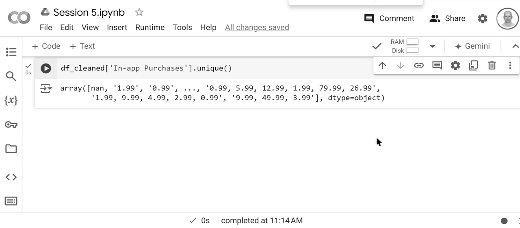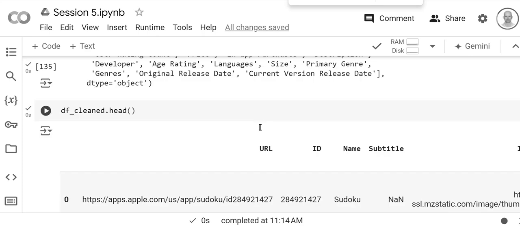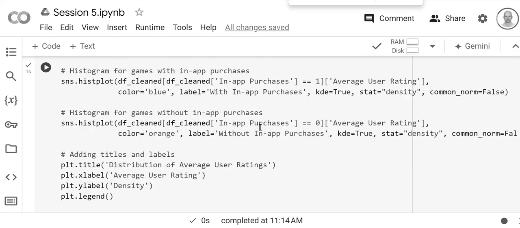So it looks like what we actually have inside of in-app purchases is 1.99, 0.99 strings with various things. And what we don't have is what it is expecting. Since it doesn't have what it's expecting, it's expecting a 1 or a 0. And so we need to go back to ChatGPT now and say,